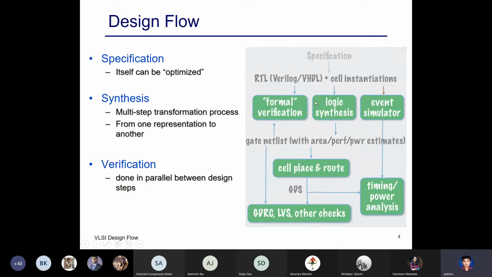Now, these specifications, you can do several things on them. You can optimize them. We shall come to that later. So after you have done this specification, you can do two things next.